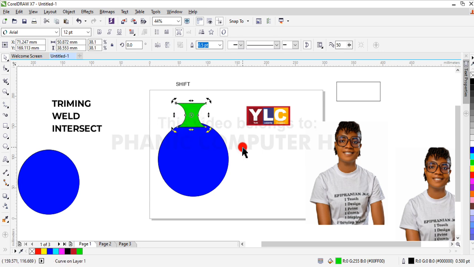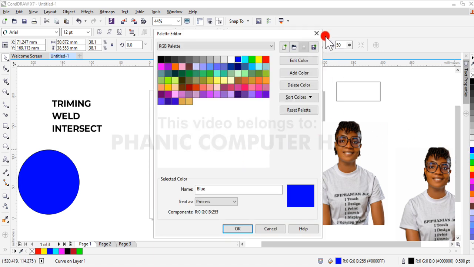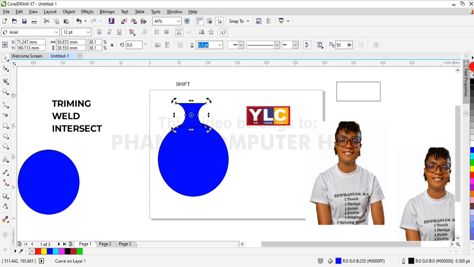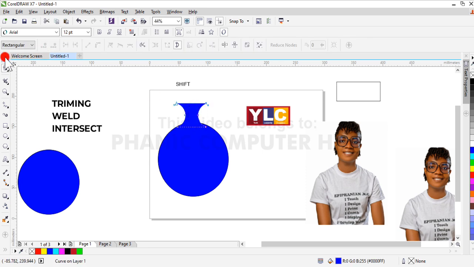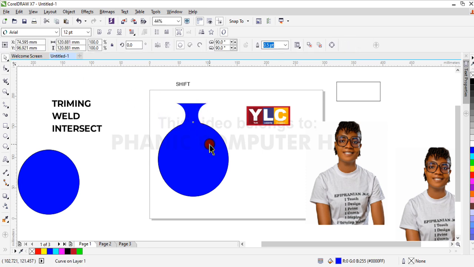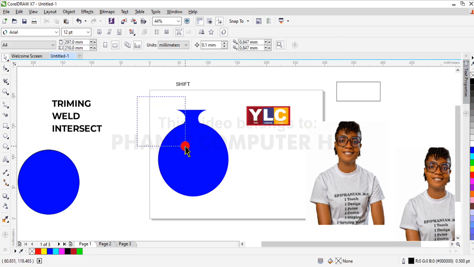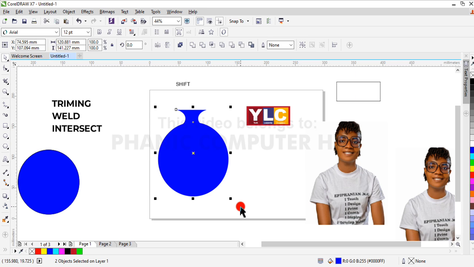Remember, we are trying to create a pot, right? So I can decide to make it with the same color. I can decide to remove the outline. Can you see I've removed the outline? Okay, there's also an outline on this circle. I can decide to reduce this thing a bit. And there's also an outline on this circle. I'll remove it. Okay. So the next thing we are going to do now is that we are going to